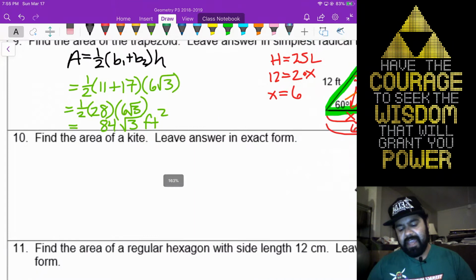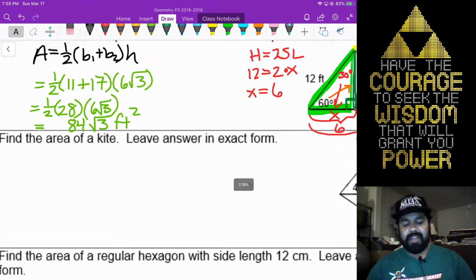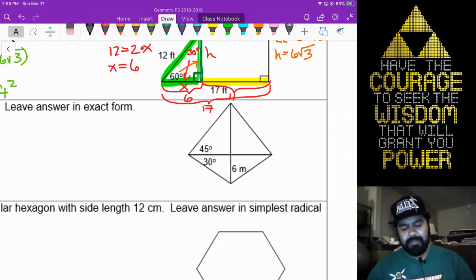Number 10, find the area of a kite. So again, looking at your formula first, and then